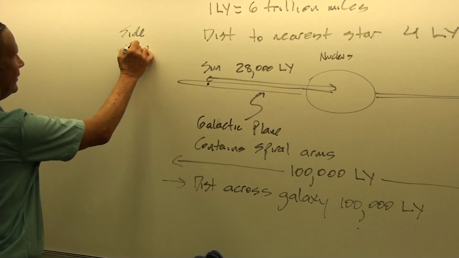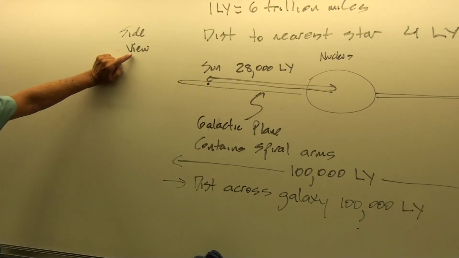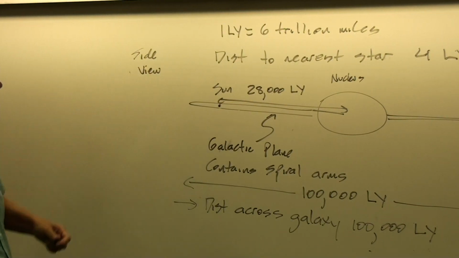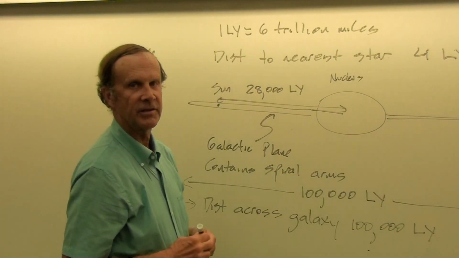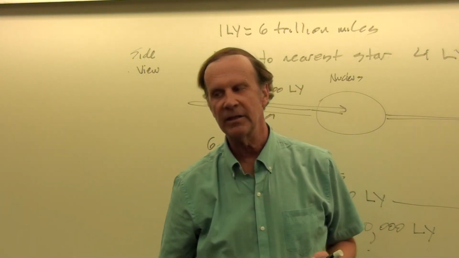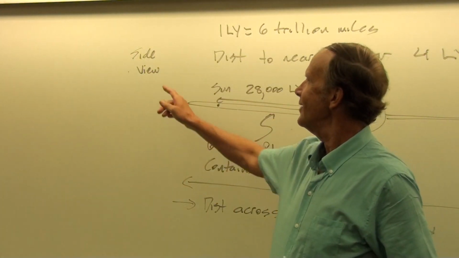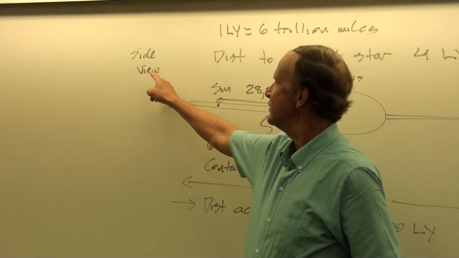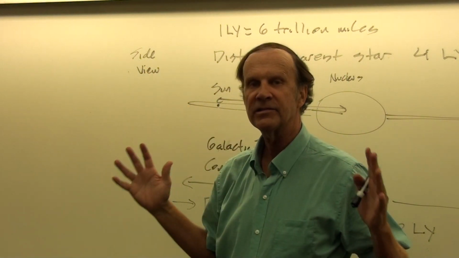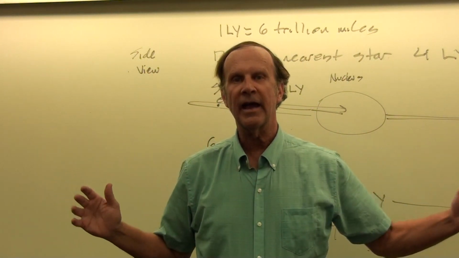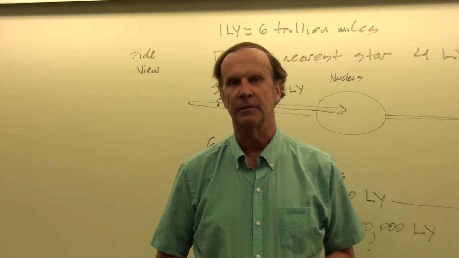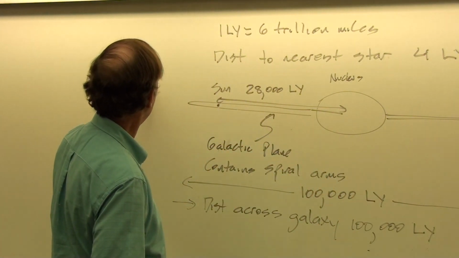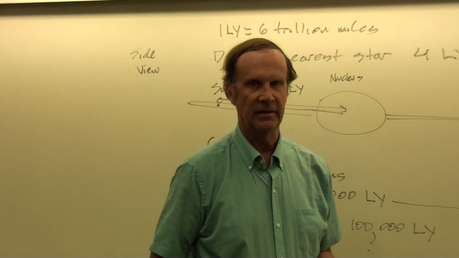what I'd like to do is just dot this eye. Okay, on the side view here, so I dotted that eye. And so let's say that that little dot is the size of our sun. And now remember, you could fit more than 1 million Earths into the sun. And so if we consider that dot to be the size of our sun, on that scale, the distance across our galaxy would go all the way from here to New York City. That's how big the galaxy is, if a star like our sun is the size of that dot.